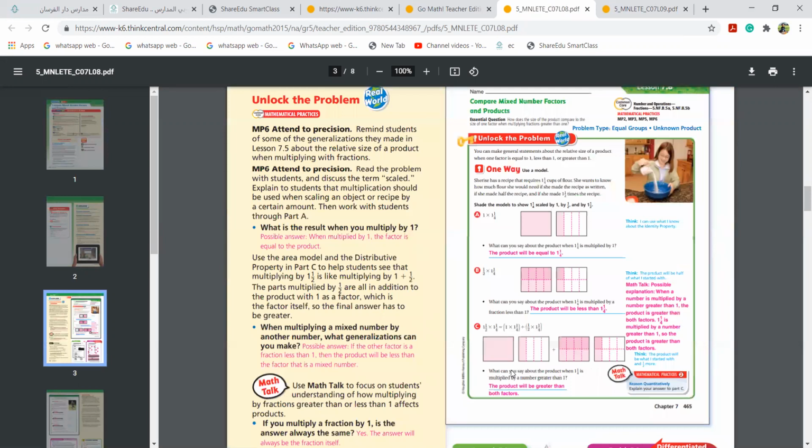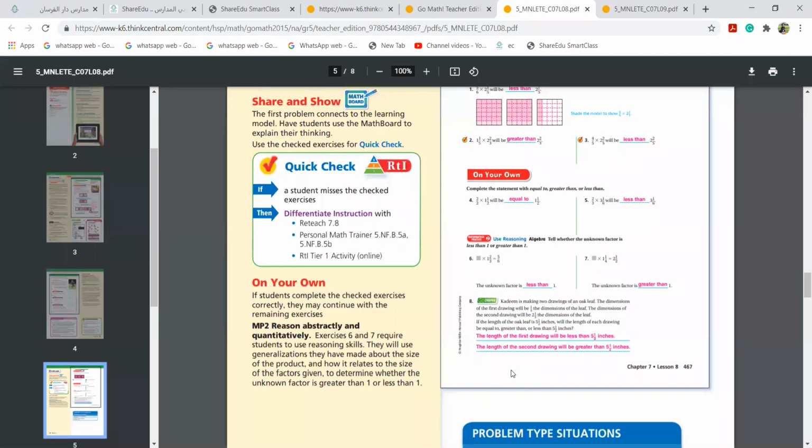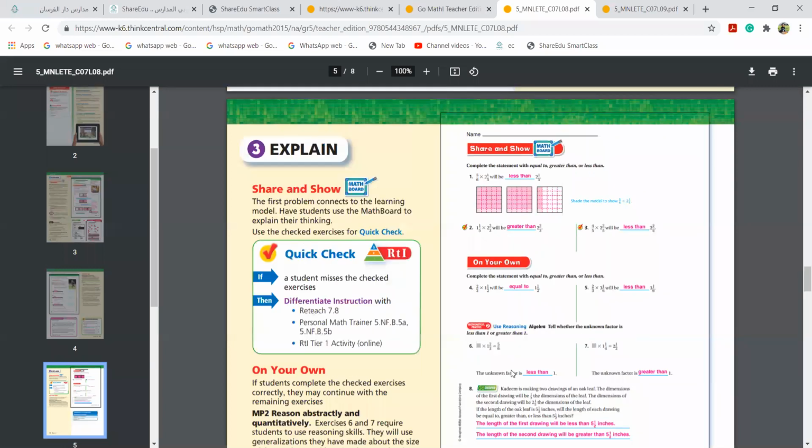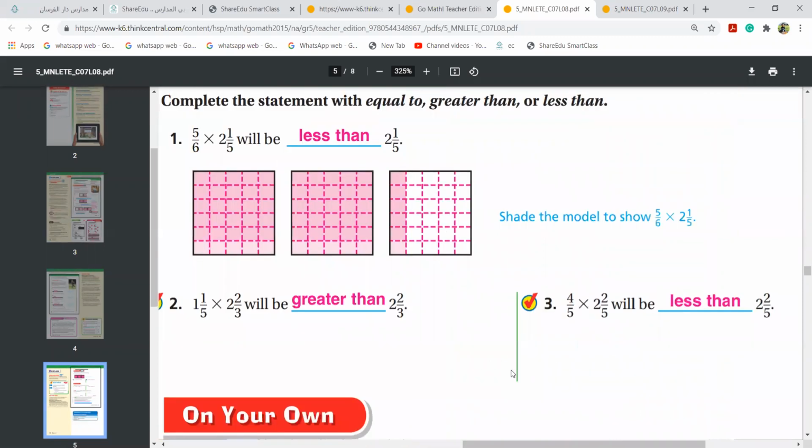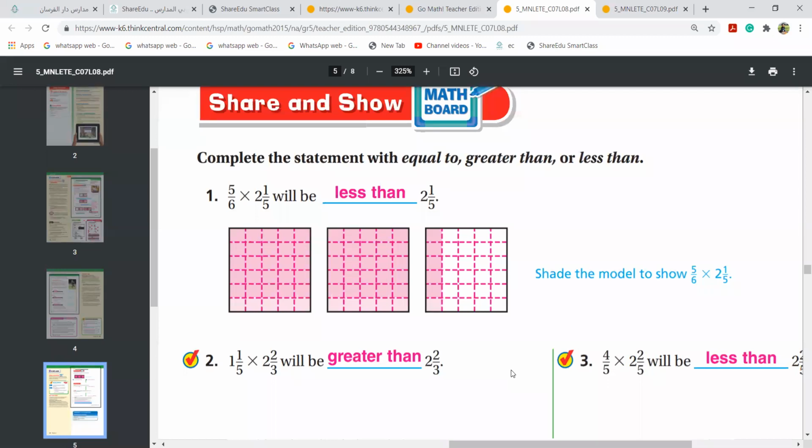Girls, directly go to page number 467. Directly go to page 467. Let us do this page. I opened it. Yes. Girls, the first two pages we will not be doing. We'll just do page 467. Put a cross mark to the first two pages. It's not that important. Just put a cross mark to the first two pages here. And page 467.